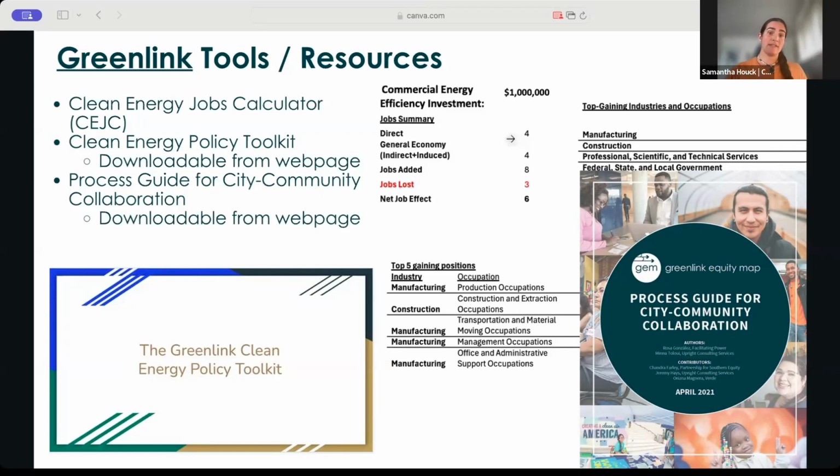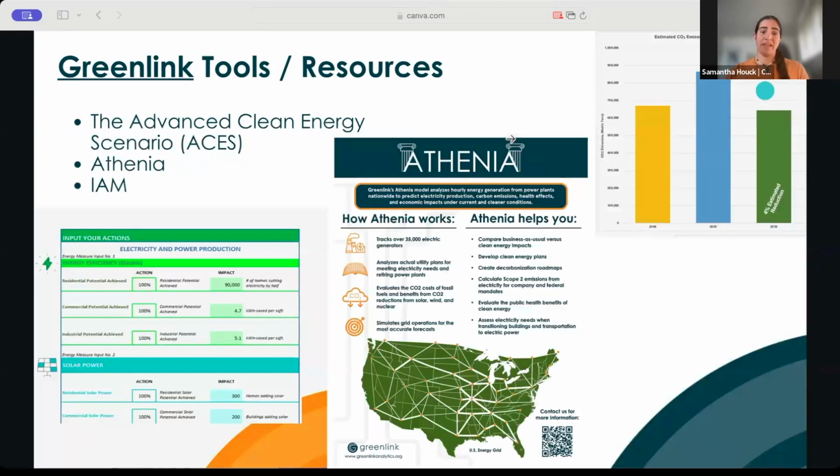The process guide does work to collaborate with GEM, but it can also be a great resource on its own. Now, these tools here are tools that are focused on by other teams, and I have them in order as you see them here. So on the right below the words, you see